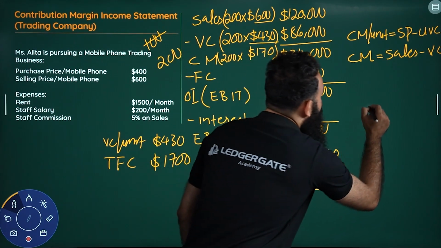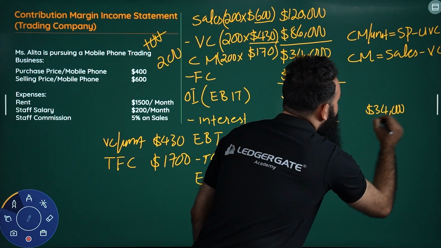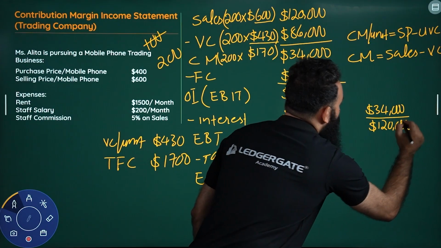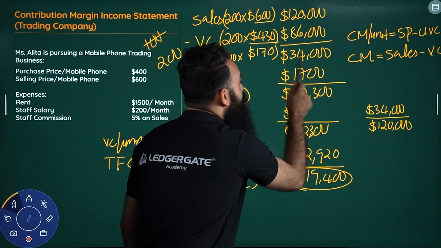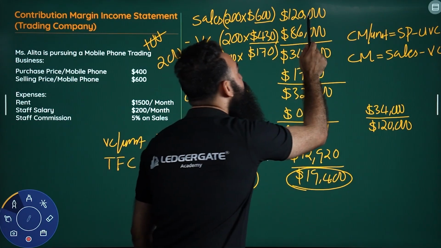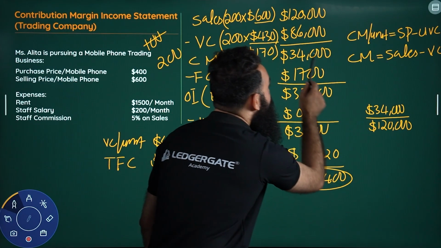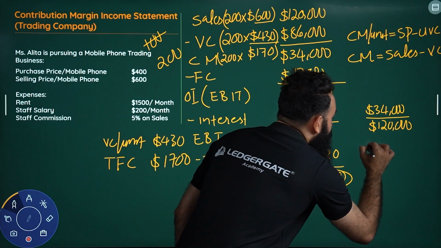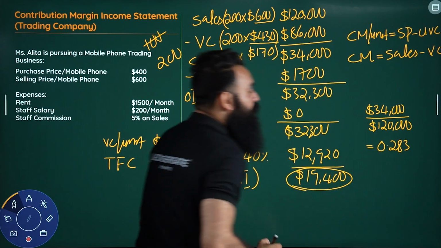This is simple. 34,000 divided by 120,000. What we are going to calculate is how much percentage of sales the contribution margin is. So 34,000 is the contribution margin, and out of sales it would be, let's say, 0.283,